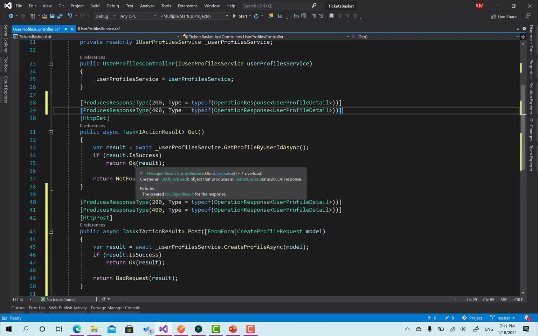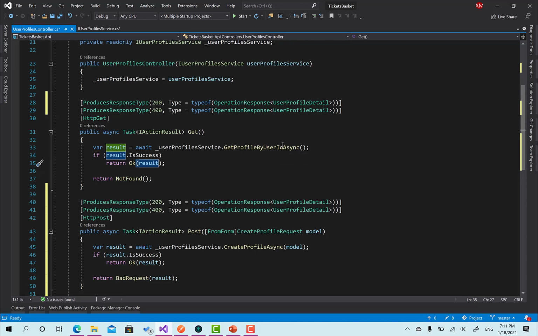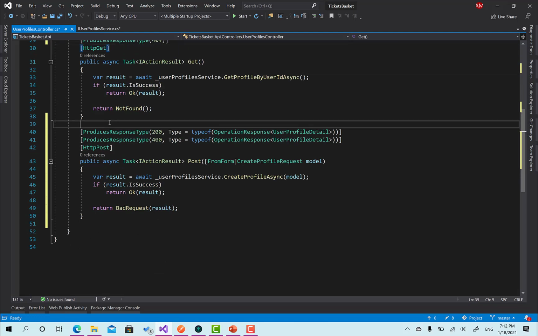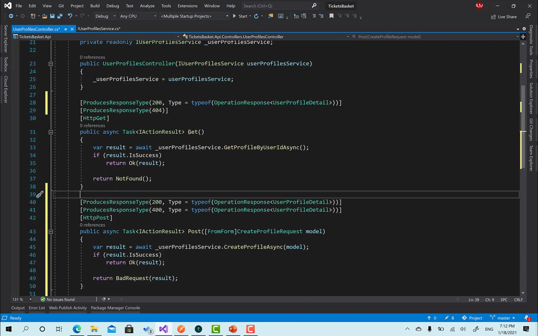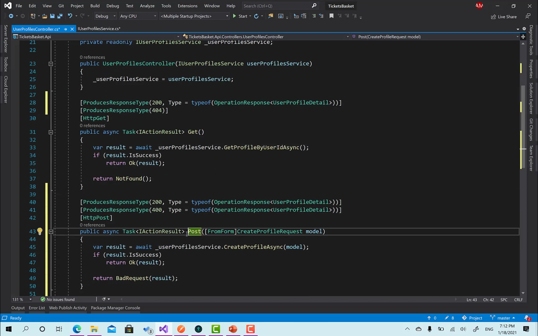Okay, so this one, as you can see, it returns okay, and operation response of type user profile detail, or it returns not found. So not found doesn't have a type. It's empty. So 404. So right now the Swagger documentation has more meaningful meaning, and the get or the post should be authorized